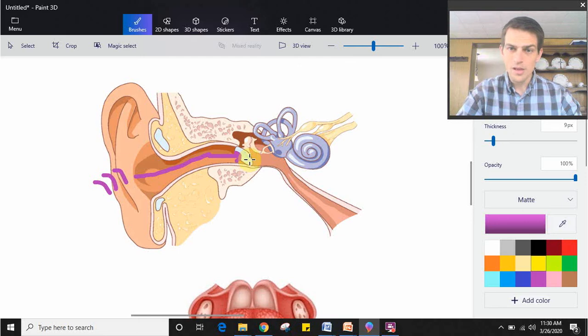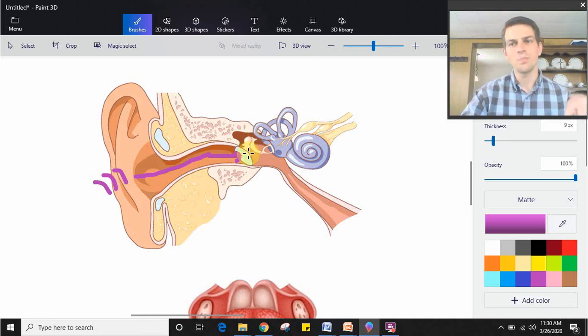Now the eardrum then will vibrate. I don't know if you've ever been to, say, something that has really loud speakers and you can feel things vibrating with the sound. That's actually kind of what's happening here. The sound will cause this little structure here to vibrate, the eardrum, and then the eardrum will send those